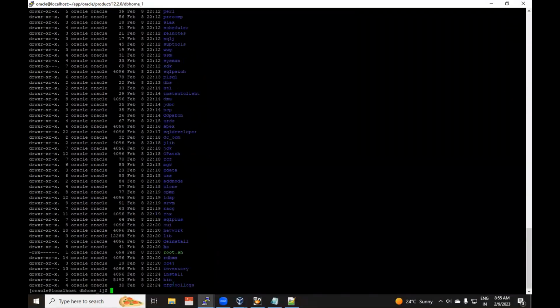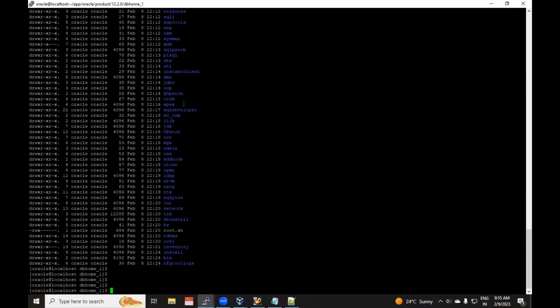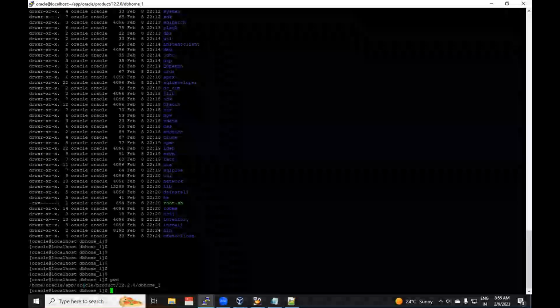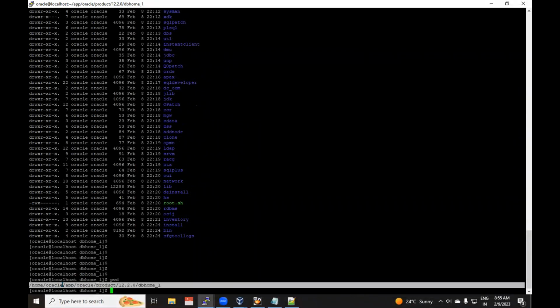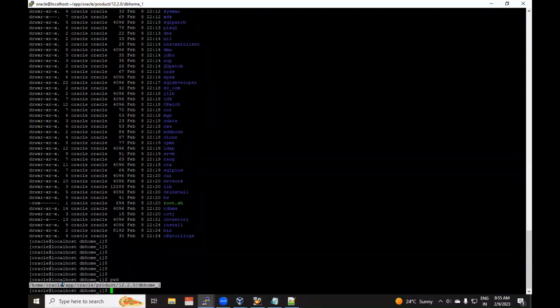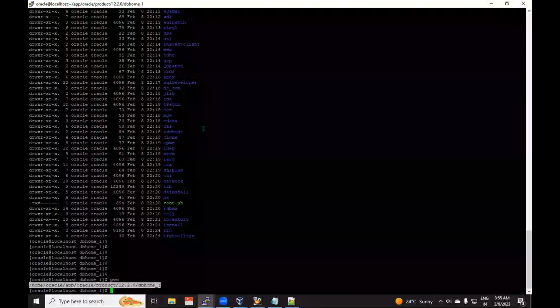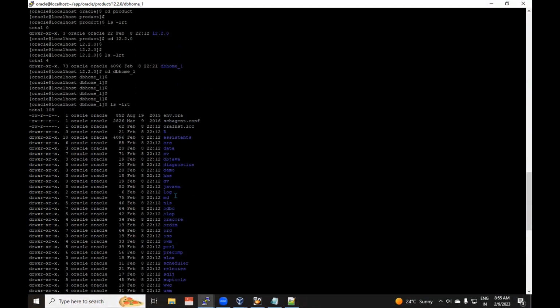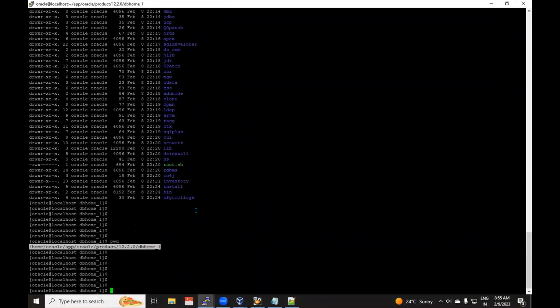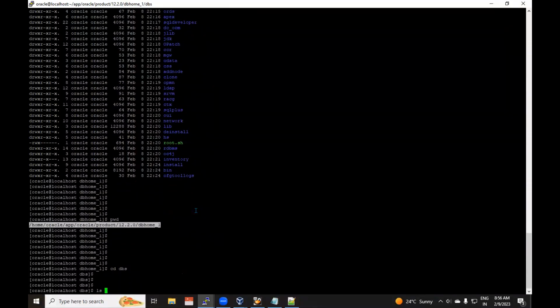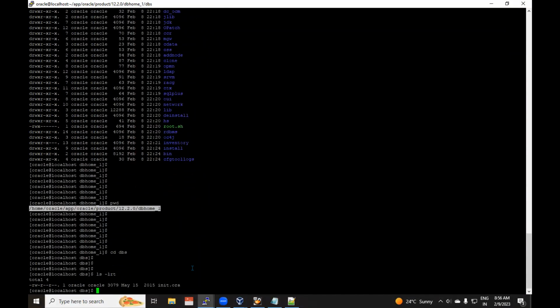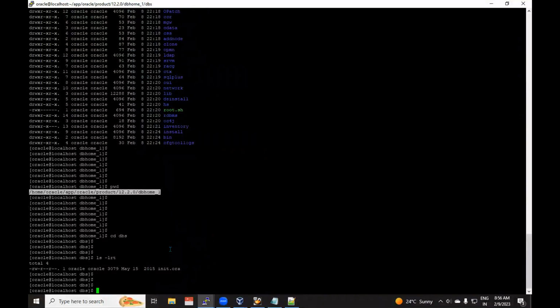So here we'll have a lot of files. So it's our DB home, right? pwd, present working directory. So we have successfully installed the software now. There are a lot of things, binary directory, binary files, everything. It will be available under DB home. Here there is one more folder called dbs, where if we create any database, the parameter files will be saved here.